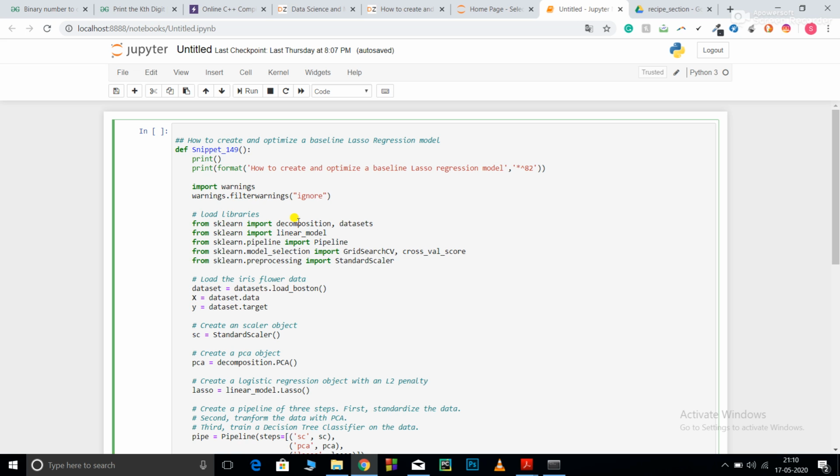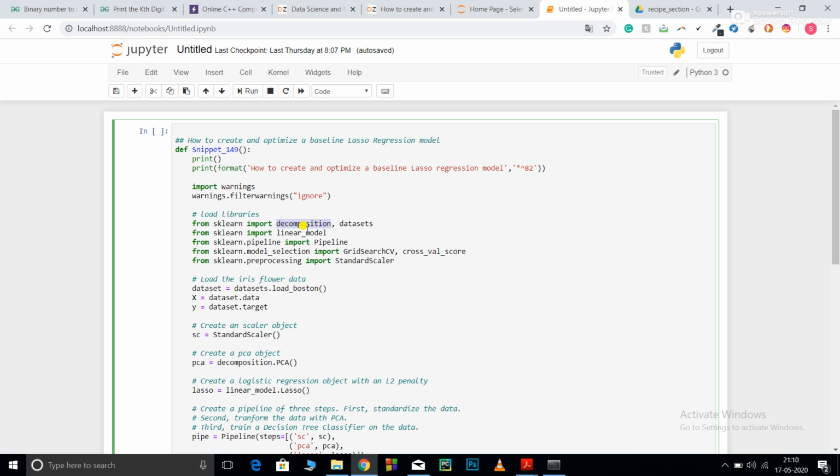And after that, I'm also importing decomposition. So decomposition is a method of reducing the dimension of your data set. Suppose your data set contains 1000 columns, but you want to reduce the dimension to 500. In that case, you decompose the data, that is, you try to reduce the number of dimensions of the data. But remember, you always have to choose between time and accuracy.